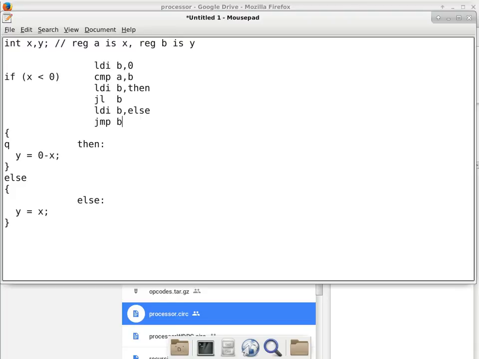In other words, we're using register B to update the program counter, and as a result, we continue execution where B is pointing to. Are we still doing okay so far with this stuff? Yep. So why are we loading B with, so we load B with then, and then JL, what did JL do again? JL will do the branch to whatever register B has,